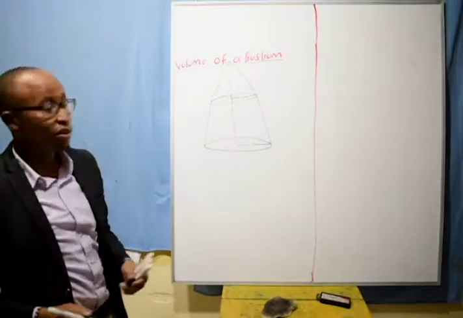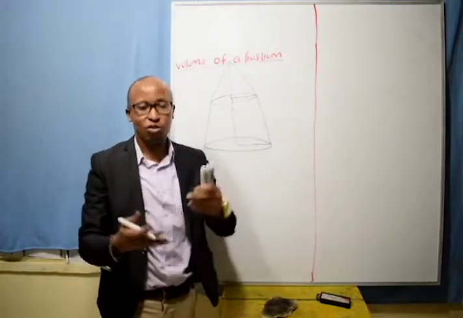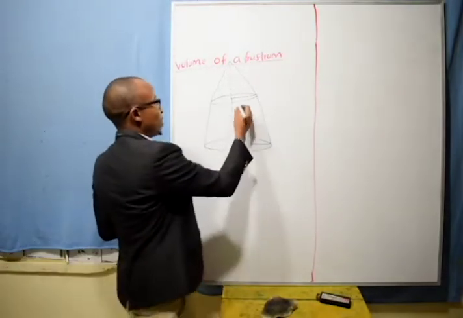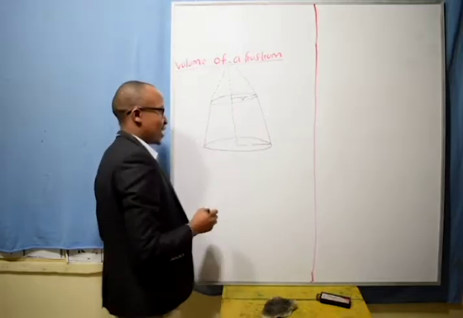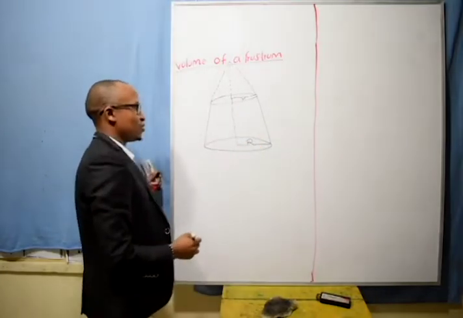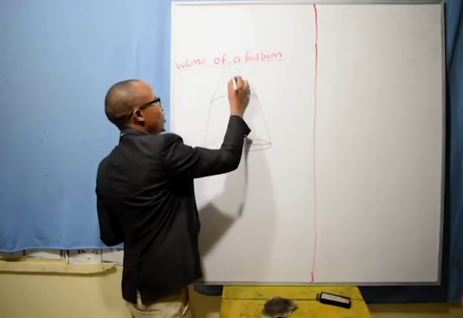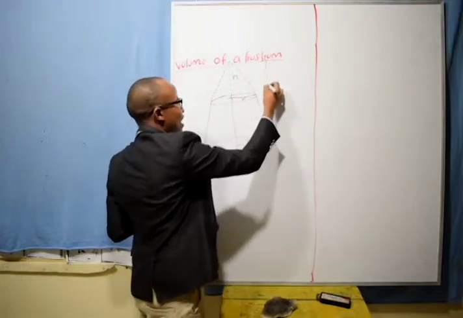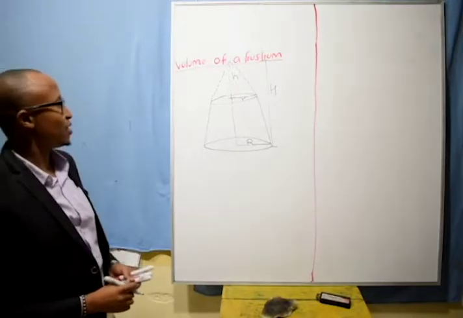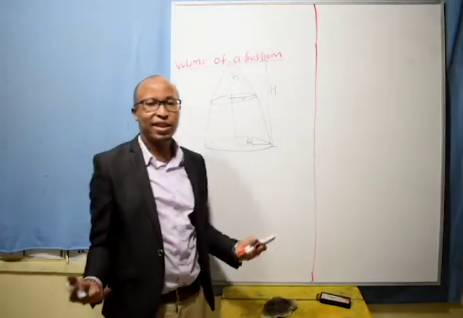So we can say in simple terms, a frustrum is a cone that has not the top. For example, this is the smaller radius. We denote it by the small r. This is the bigger radius. We denote it by the larger R. And then from here to here we have the height, and the bigger height is equal to H. So from there you can say that if you have the measurements,